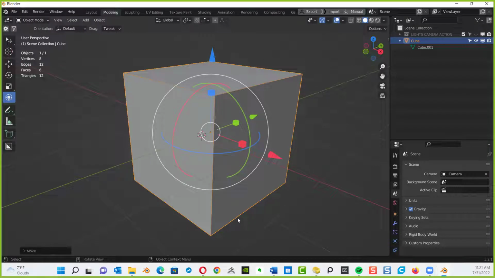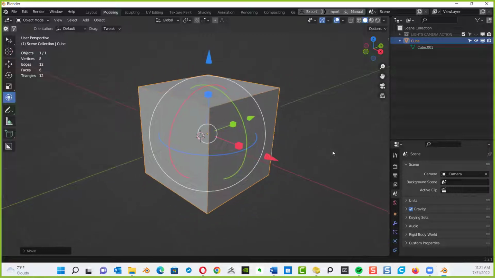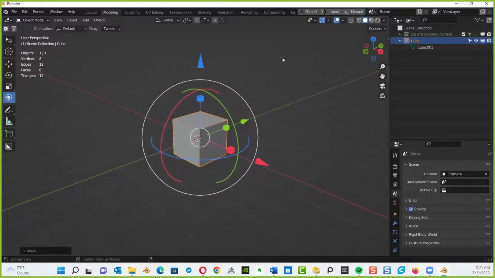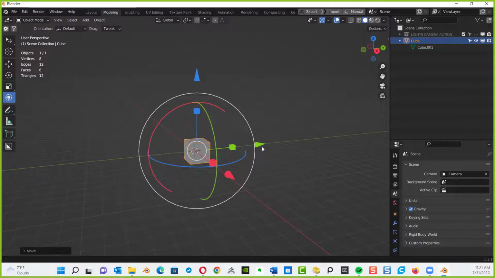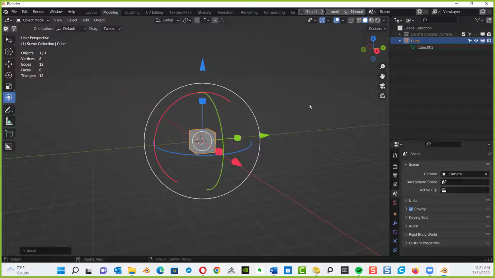Now, let's go explore shortcuts. That's going to really revolutionize how you navigate in Blender. I'm going to zoom out a little bit, and I'm going to let you guys play with this next. I want you to watch me right now. I'm zooming out so I have enough space to move things around.